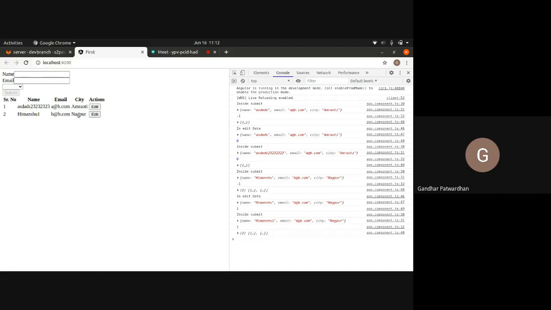Yes, good. So what we have done in edit is, whatever array was stored, we changed its value at whatever index we were trying to edit or update. That is what we have done.